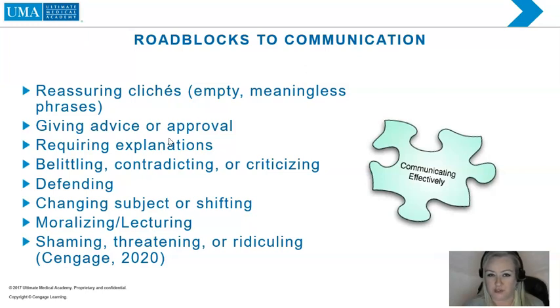It's not our role to do that, right? They don't need our approval, and we might want to give them our advice, but that's not within our role to do. If they have questions about their medical questions or their health, we would want to, of course, refer that to the physician. Requiring explanations,